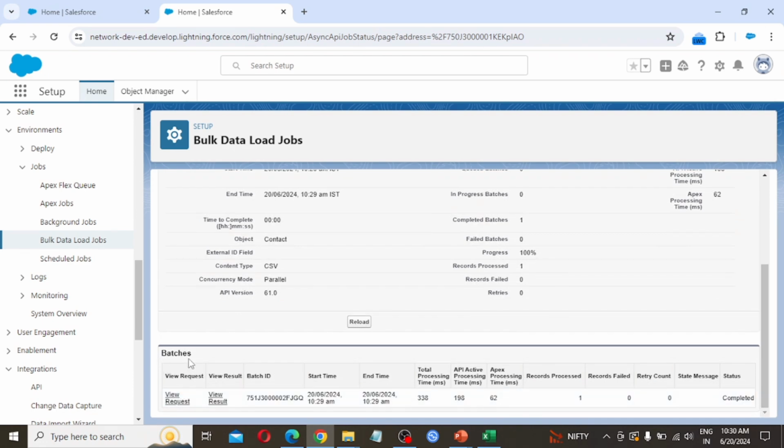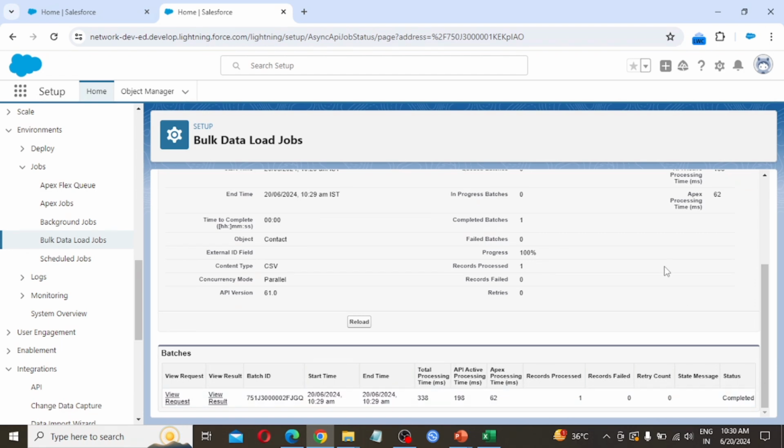Below you are seeing the batches. So view request, view result. Here batch ID is there, start time, end time, total processing time, API active processing time, apex processing time, records processed 1 record, records failed 0, retry count 0, start message, and